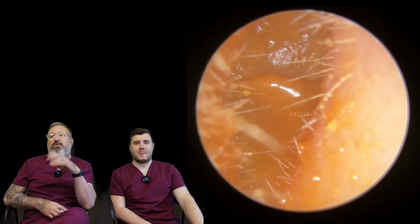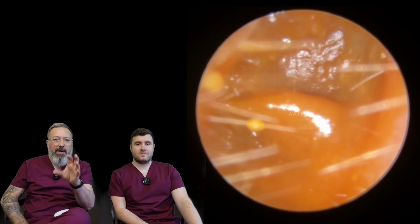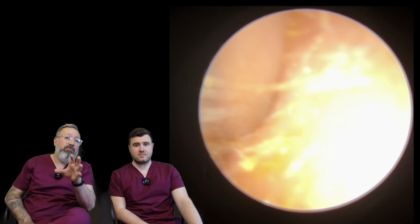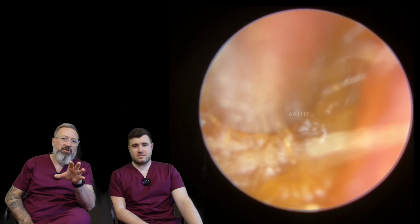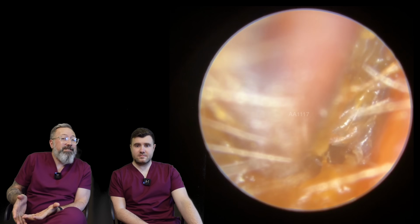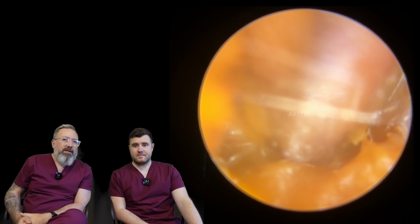Coming up in today's video, guys, we have a teenager's wax removal, and this wax is deep and a very thick plug. It doesn't look like it here, and that's because they've been using some olive oil just to soften the outer section of the wax. As soon as we put this suction tube in, there's not a huge amount of room because we're in a teenager's ear canal, so they've got a little bit more growing to do. But you can see a very thick, softer type wax at the entrance, and